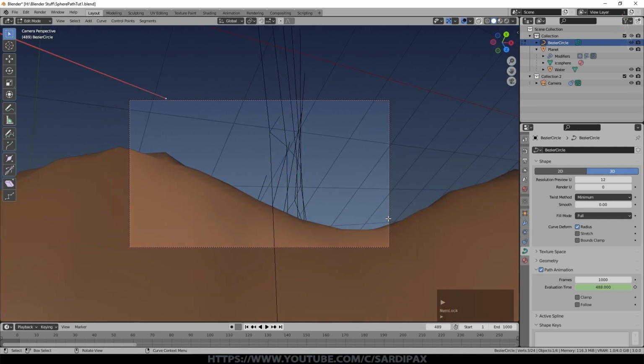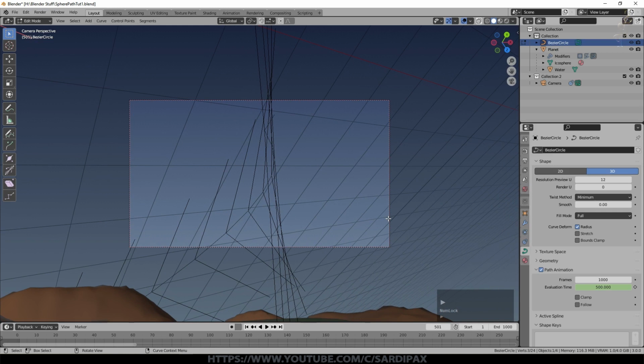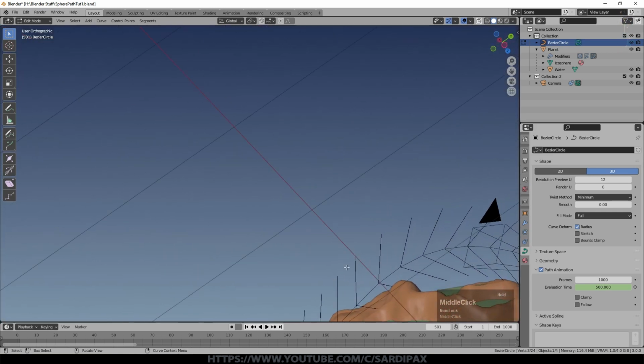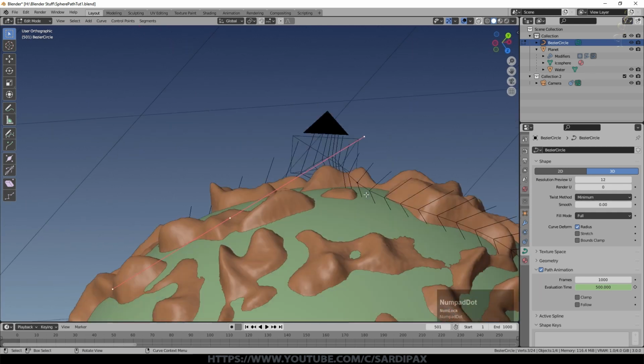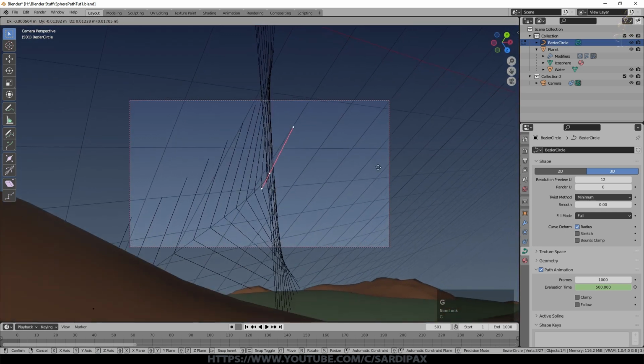This is quite good because it's lifting up and jumping over the terrain there, but now we want it to go down. Again, this may be why you need to add additional points. So I've now selected the point just ahead of the camera, and I've selected this point just behind the camera as well. Right click and just say subdivide. So that's just been placed on the curve at the moment. I can now select that point and just drag it down.